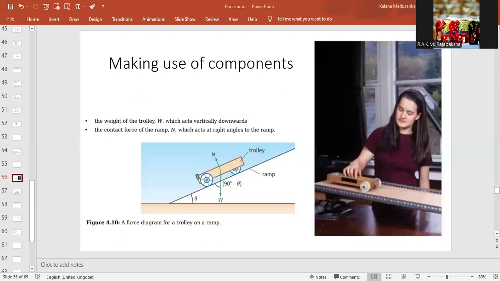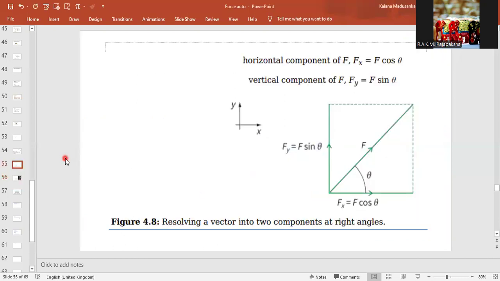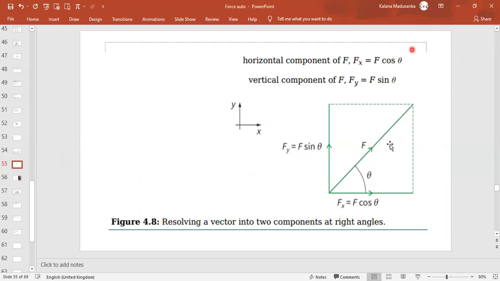As we discussed about resolving forces, the advantage of resolving a force into two separate horizontal and vertical components is that in a system like in this diagram, if I want to find the resultant force actually,